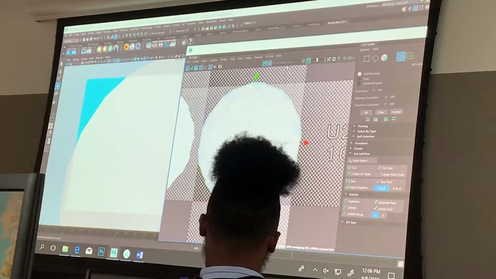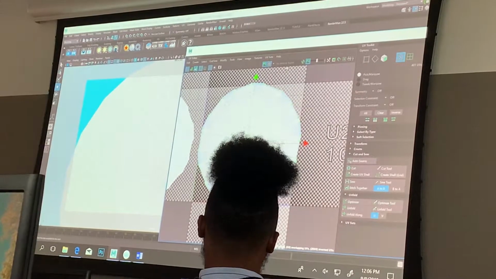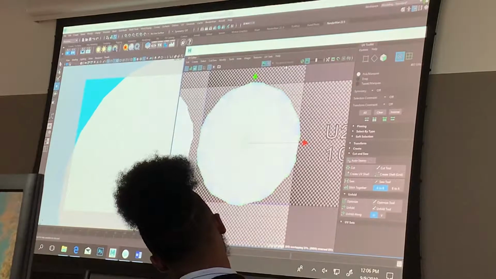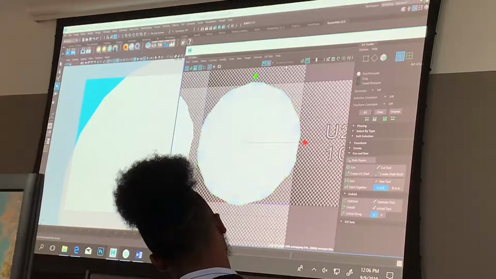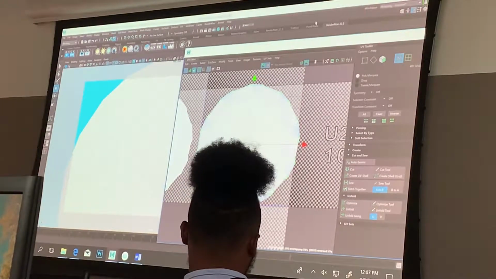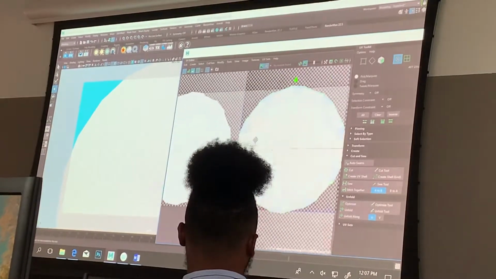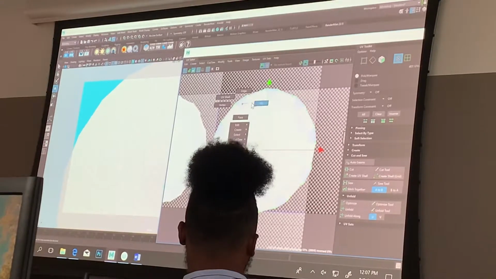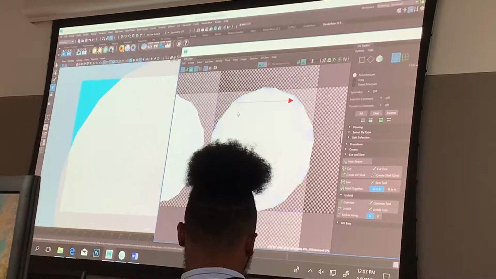So what you want is everything to kind of be uniformly like a single color or close to it. So if everything's kind of like a white, maybe like a little bit of pink or blue, that's okay. What you don't want is if you have a lot of UV distortion, like in certain areas of squished or squash or whatever, you want to try to avoid that. So like for this example,